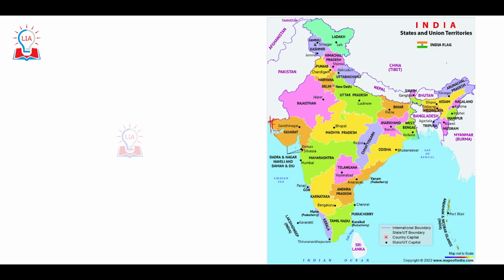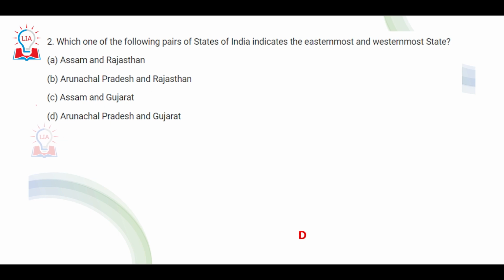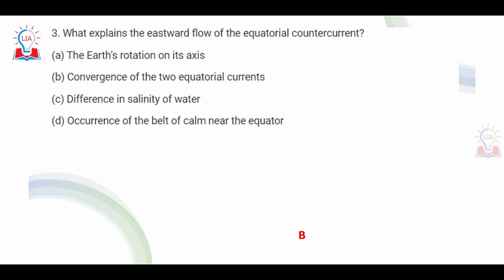As far as the easternmost state is concerned, you can clearly see from the map here, it is Arunachal Pradesh that makes up the easternmost state of India, and thus the correct option will be D, Arunachal Pradesh and Gujarat. The third question again is related to oceanography, where it has been asked what explains the eastward flow